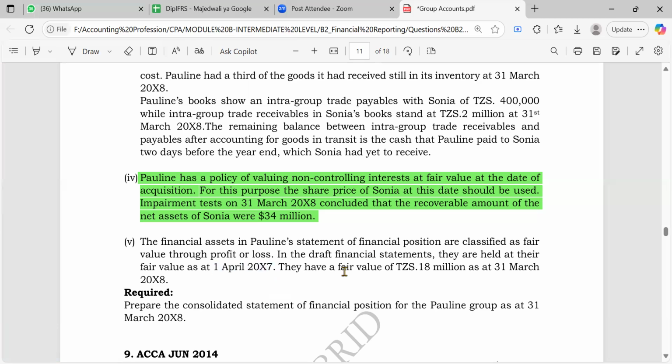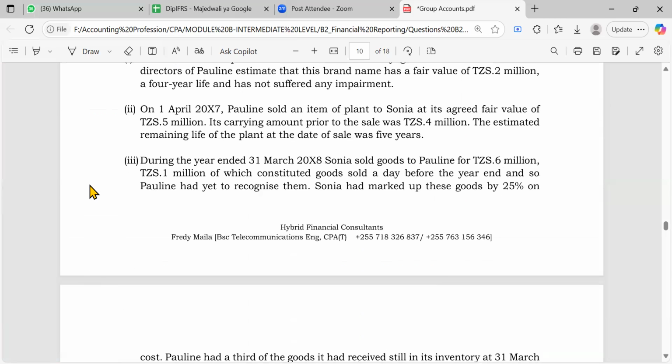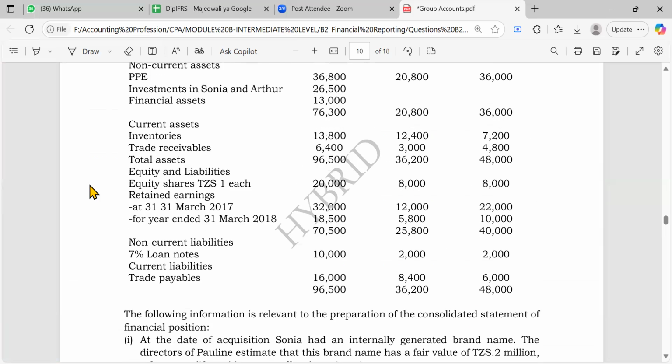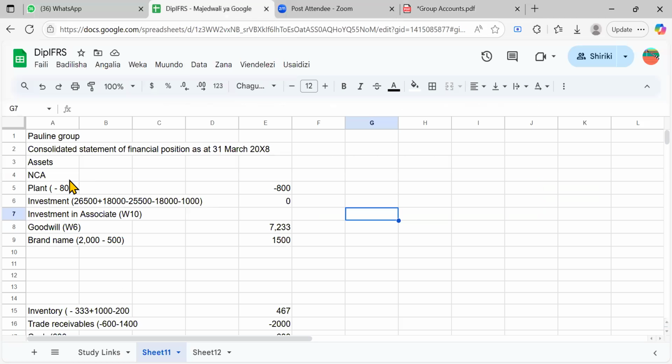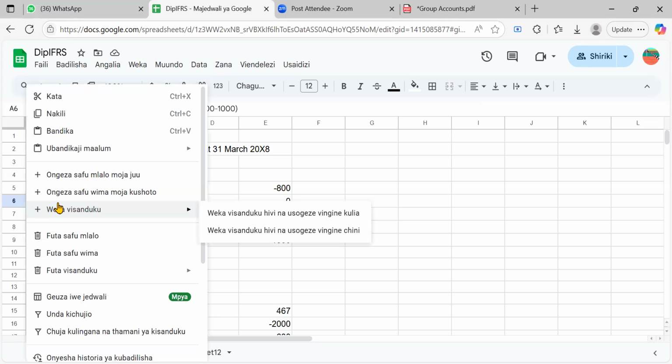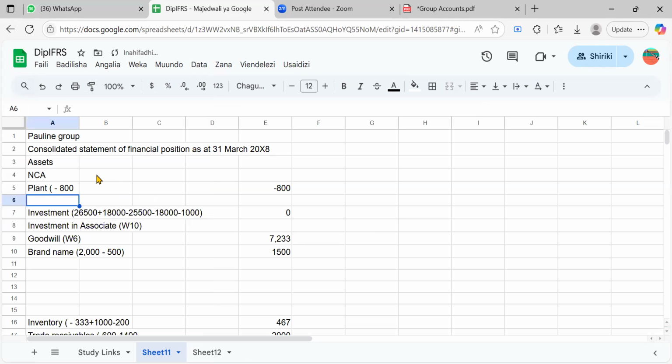Yes. They have a fair value of 18 million at 31st March. So by the end of the year, they are worth 18 million, right? Okay, so I think this one is simple. You can just do it even without passing the double entries. You have the financial assets here at 13,000, right? Yes. So we could just put something here. Let's say you have the financial assets at